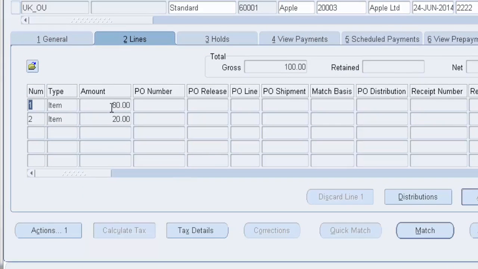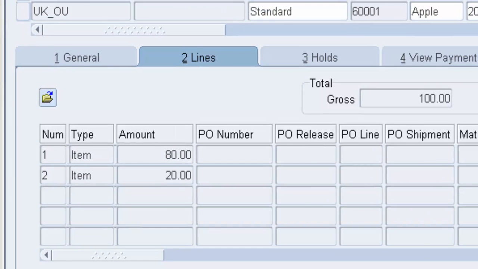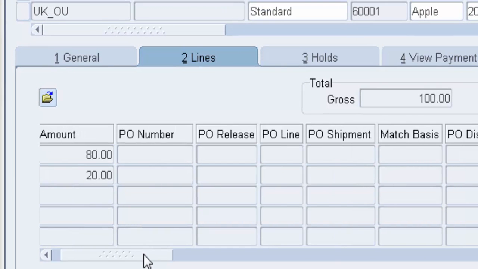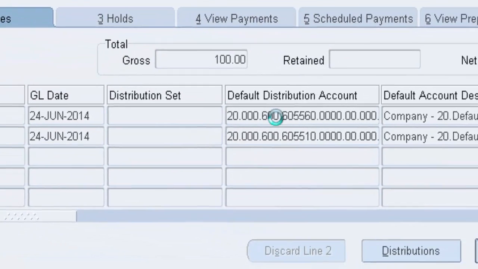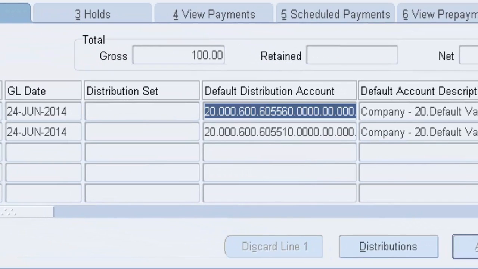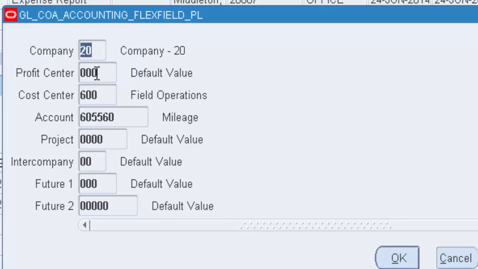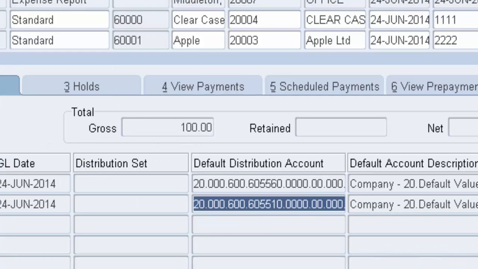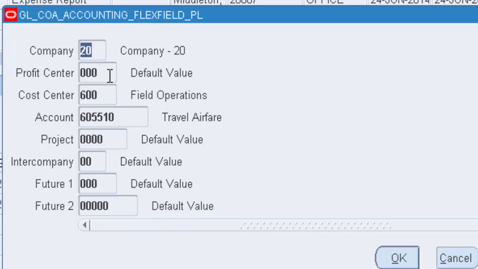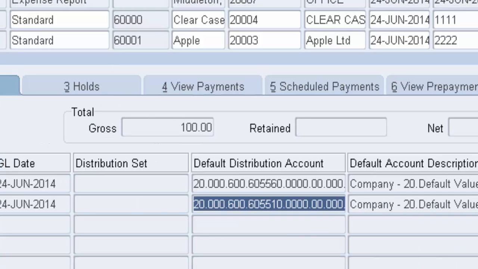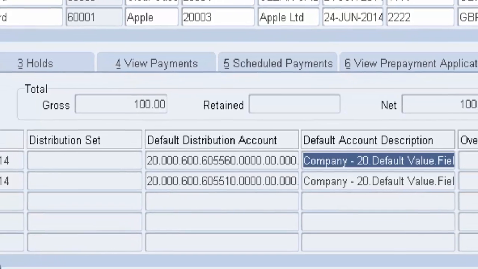If I wanted to see the line items, what I'm interested in here is, so these are the line items for the employee expense report, and I can see there are two lines, one for £80 and one for £20. And let's see what they relate to. Well, we've got an account code combination here, as we've seen before, and what does it relate to? The important thing I'm after is account there. So one of them was for mileage, and let's see what the other account code combination was for. Look at the distribution account code combination here, and yep, so that was for travel and airfare. So one's for mileage, one's for airfare. 80 and 20 for £100 in total for this employee